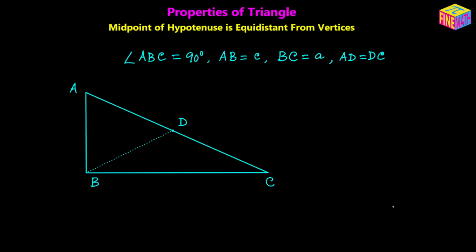Hi everyone, in this video we are going to discuss a very interesting property of a right triangle. The property says that the midpoint of the hypotenuse is equidistant from the vertices, and we are going to prove that in this video. Let's suppose we have a right triangle ABC, as you can see in the diagram,